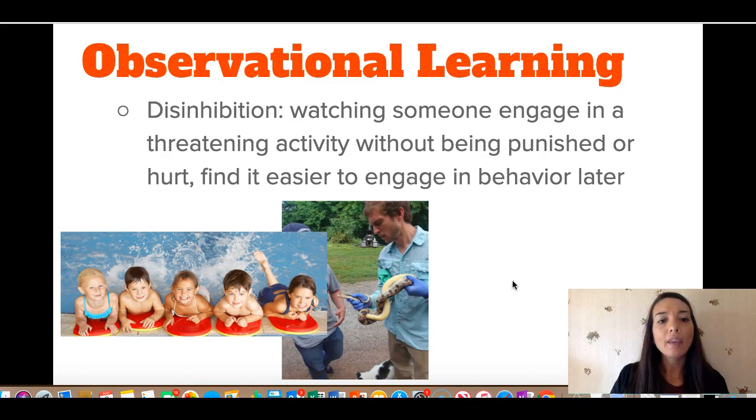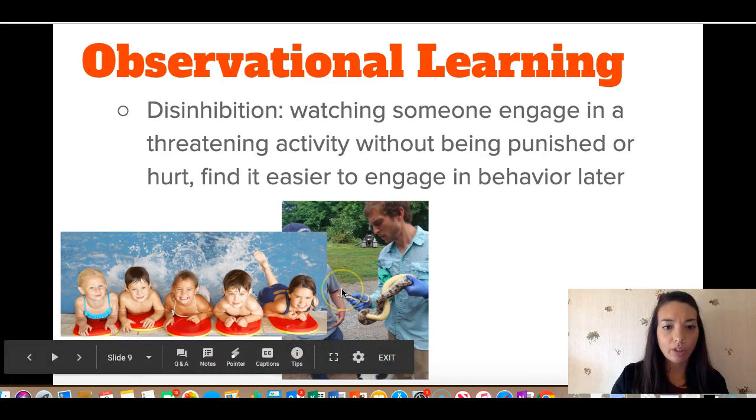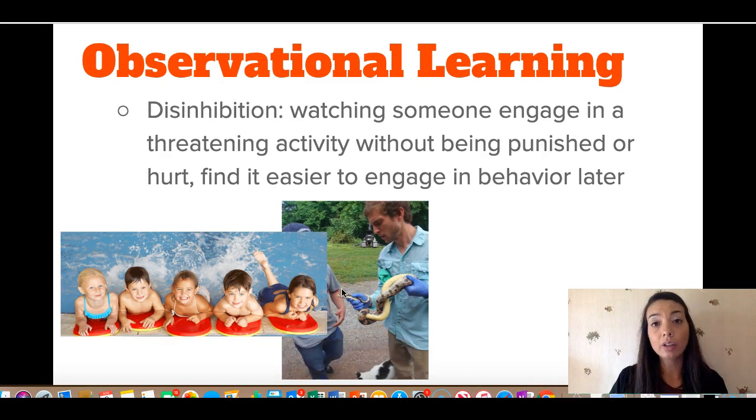Well, if you watch other children having fun, learning the strokes, learning how to paddle, learning how to kick, and you watch them do this, you might find yourself engaging in those swimming behaviors and that activity later on because those kids didn't get hurt while they were taking swimming lessons.